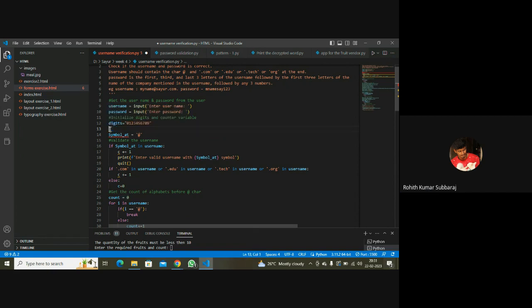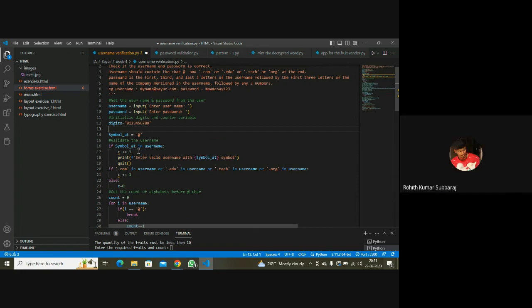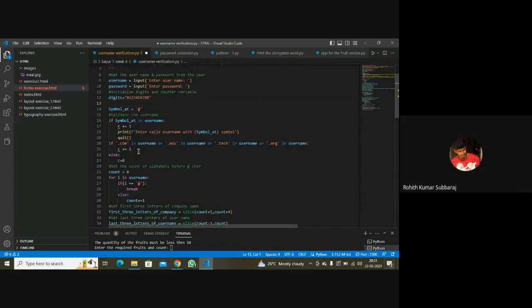Do you even need a Boolean? Do you need something? You're checking if the entered username is valid, then how do we know?